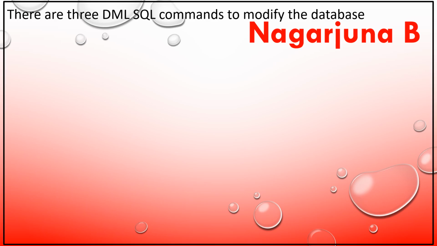That means we can insert, we can delete the data, as well as we can change the contents of the data. So DML provides three SQL commands for the purpose of modifying the database. Those are insert, delete and update commands. These are the three DML SQL commands which can be used for the purpose of modifying